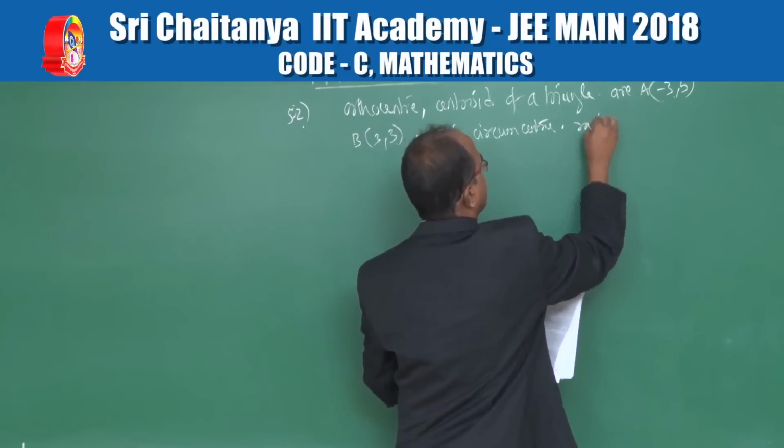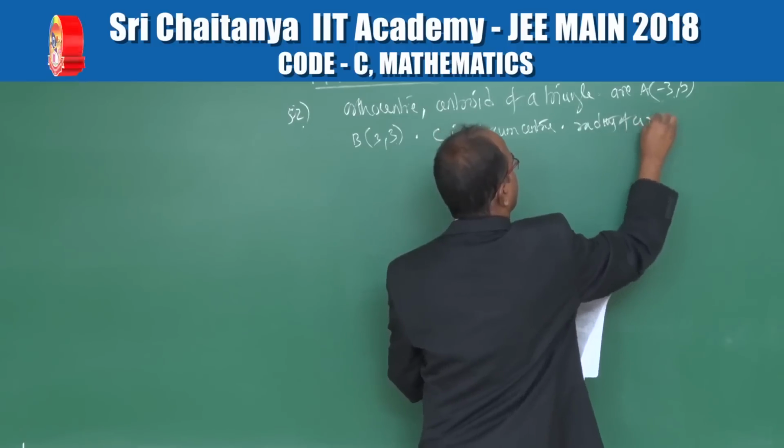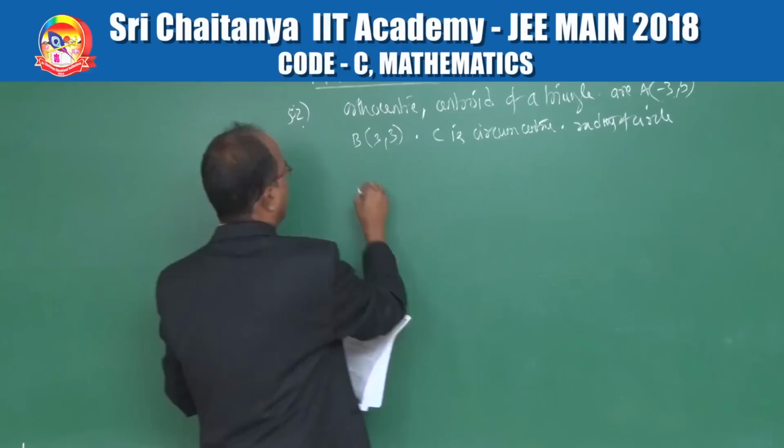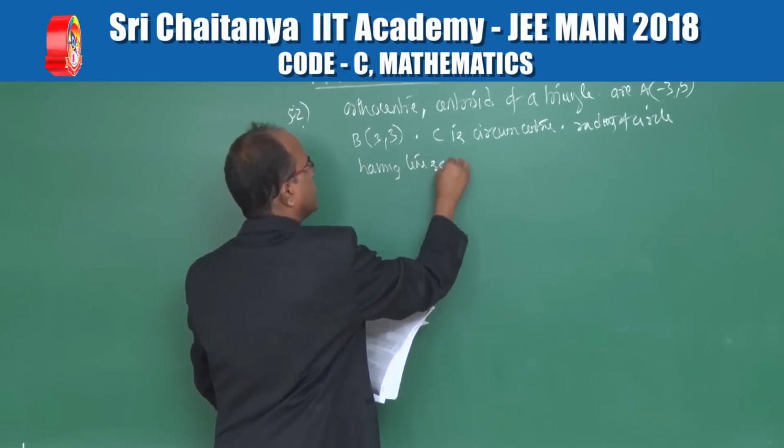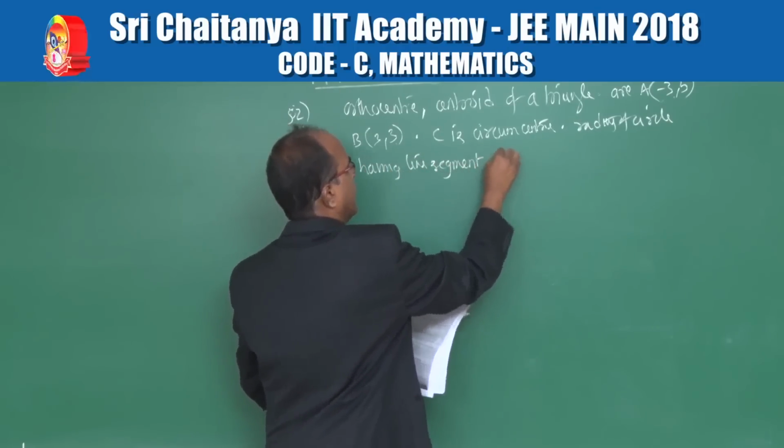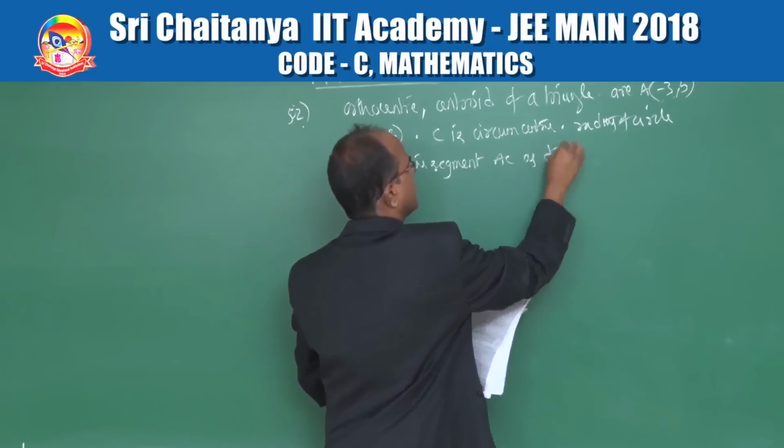The radius of the circle having the line segment AC as diameter,